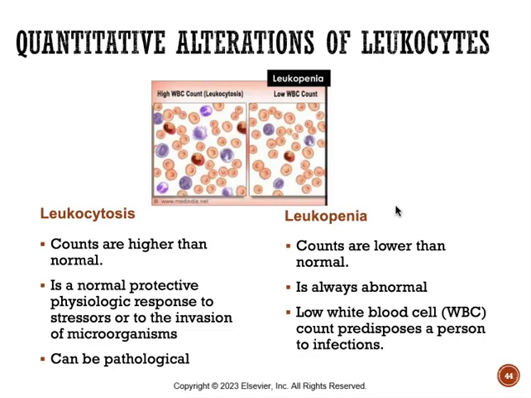From a nursing perspective, monitoring the white blood cell levels is going to be important. For leukocytosis, we can assess for infection, inflammation, or an underlying disease, whereas for leukopenia, we have to take extra precautions, right? Making sure we are implementing infection control measures, ensuring we have proper hygiene, and closely monitoring for early signs of infection like fever or fatigue. And so understanding these alterations can help give proactive care for your patients.